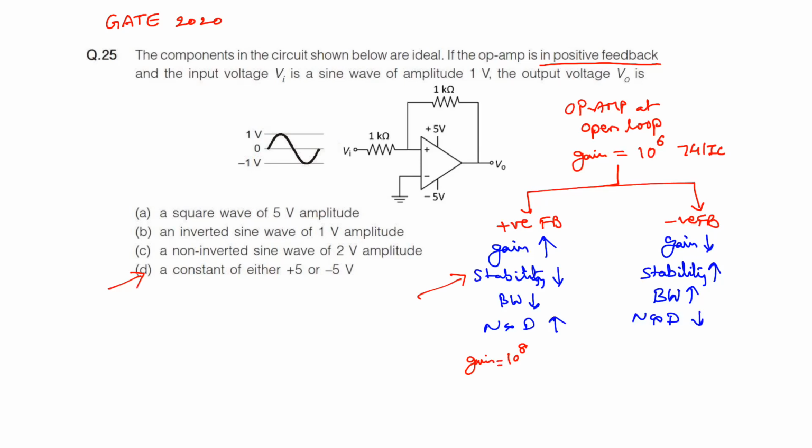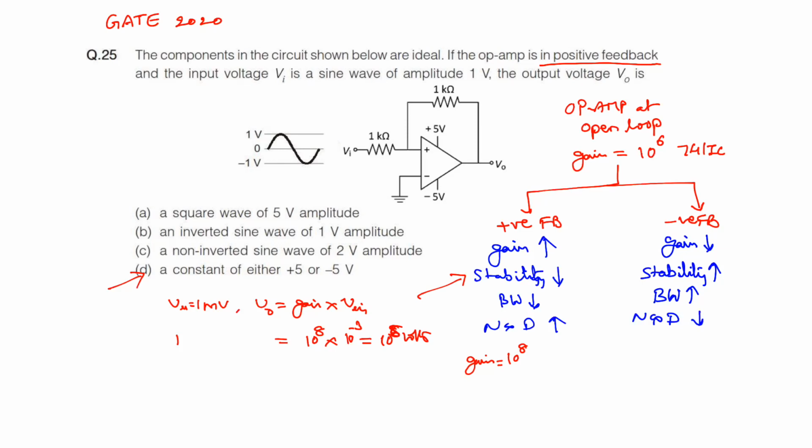As you know, in positive feedback gain increases, in negative feedback gain reduces. That you have studied. So assume that the gain is 10 power 8 and you apply a small voltage, something like 1 millivolt. What can be your V0? V0 is equal to gain times Vin. So in this case, gain is 10 power 8 and if your input is 1 volt, you must get 10 power 8 volts. Is it possible to get this much voltage? No. If you apply a small voltage, 1 millivolt, 10 power minus 3, this will become 10 power 5.